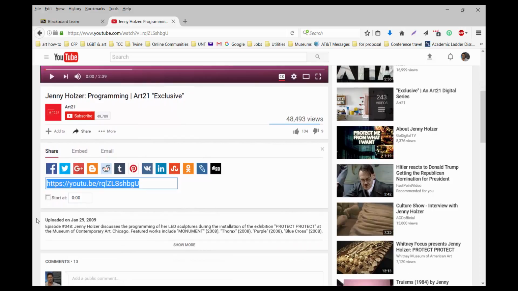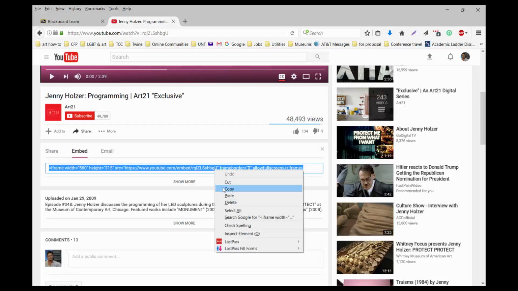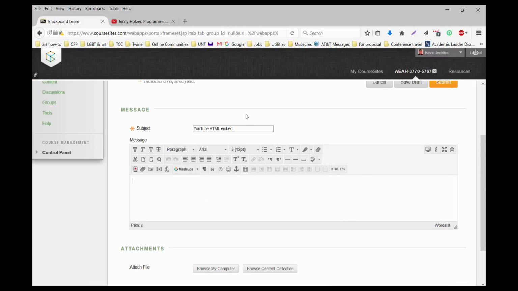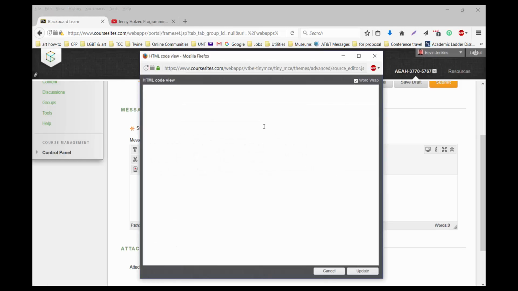what I need to do is, as opposed to having it on a URL, I need to click this embed, and this way it gives me this nice iframe embed code, and so that is actually what I want to copy. Now come back into Blackboard, and now here, as opposed to clicking on the mashup, what I need to do is come all the way down here to this HTML code view and click on that, and that will open up a window here, and all I have to do is paste,